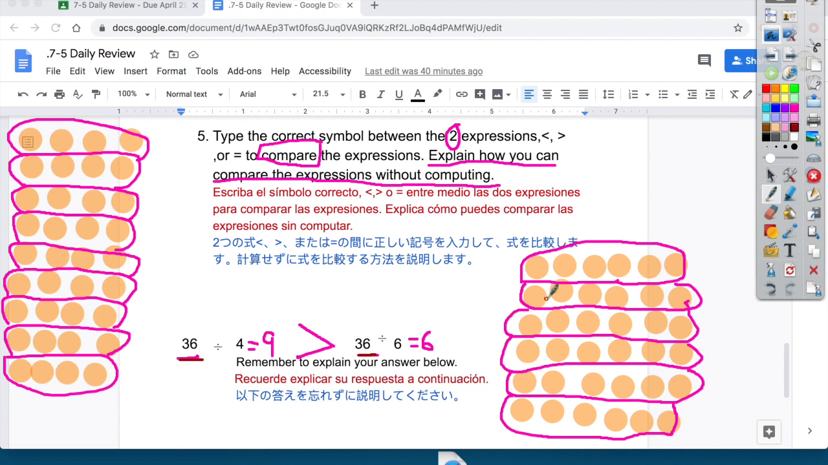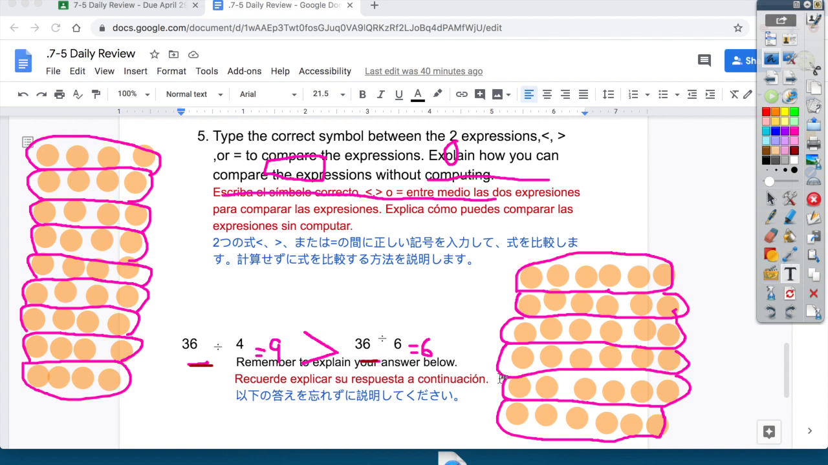I really hope that this helped you guys. I hope you understand it. I'm going to write out the explanation. I wanted to draw a picture just to show you, but I'm going to type the explanation also because that's what I asked you guys to do. So, we know, because we're doing this together,